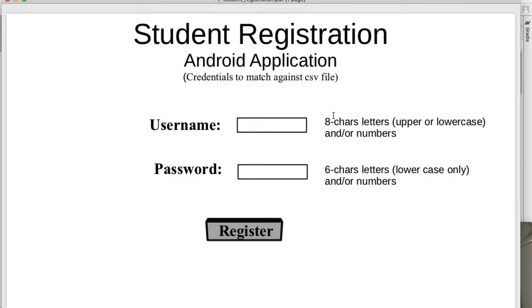The requirements are right here on the right side, and the requirement I'm gonna put as a hint, and then the user clicks register, and then we're gonna see if the inputs are found in this CSV file, okay? A CSV file that contains a bunch of usernames and passwords. So that's what I already started